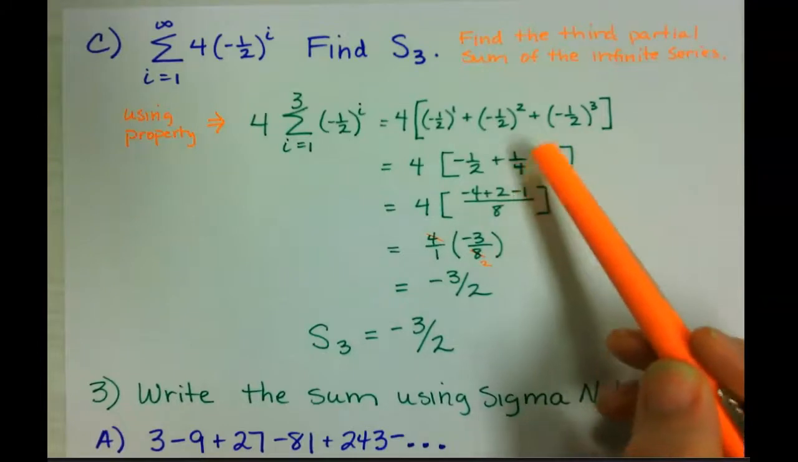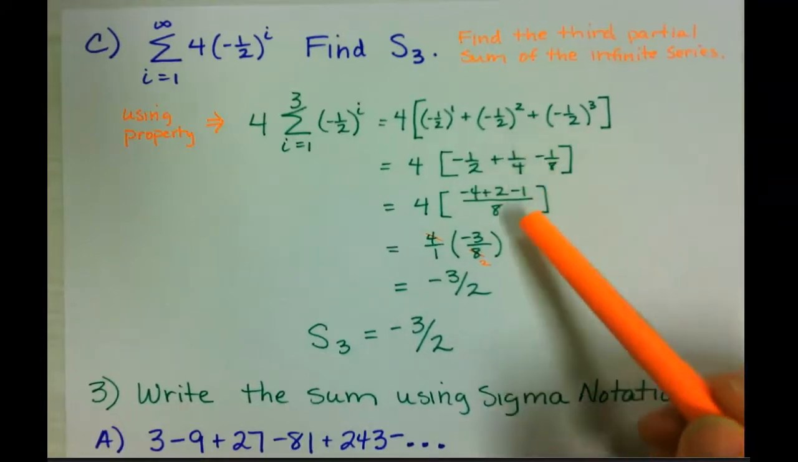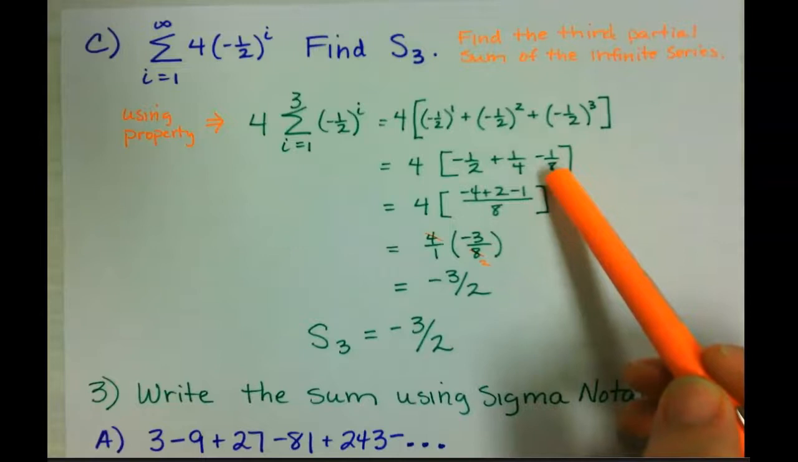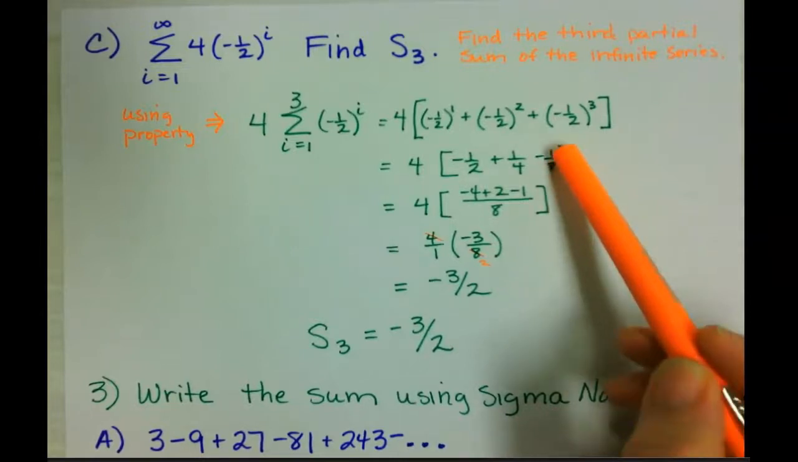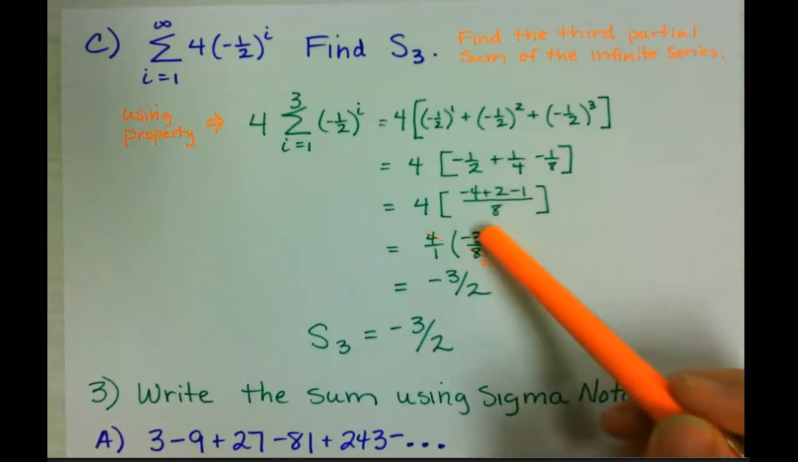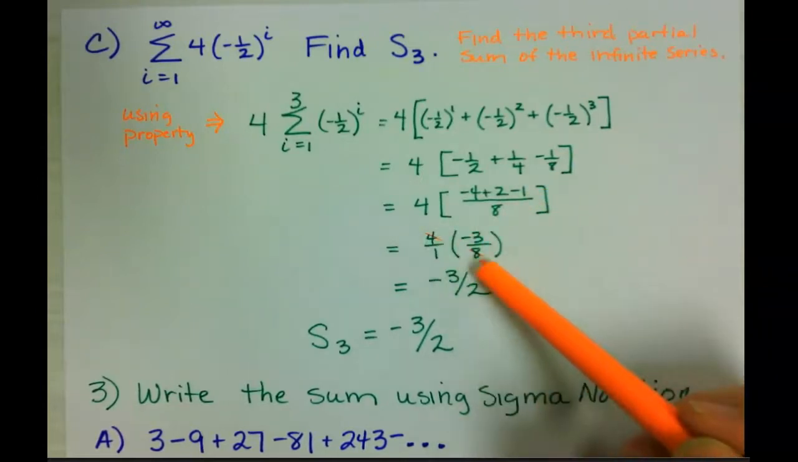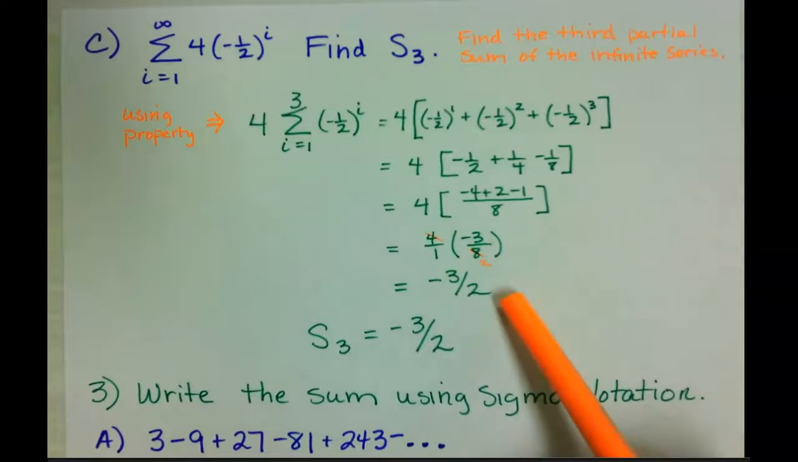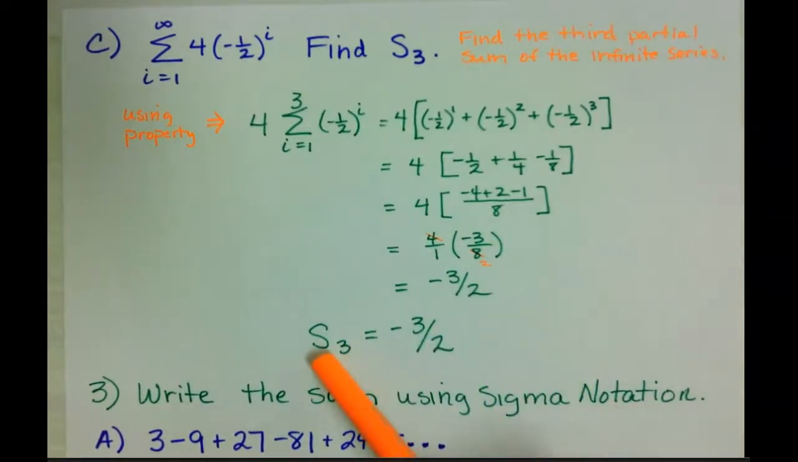4 I'd multiply by 2 to get 8, so that would multiply 2 on top. And 8 I didn't multiply anything by because that is my common denominator, so that's just minus 1 on top. So I put all these together, I get minus 3, and then I can simplify with that 4 on the outside, and it becomes negative 3/2, which means the sum of the third partial terms, or the first 3 terms,